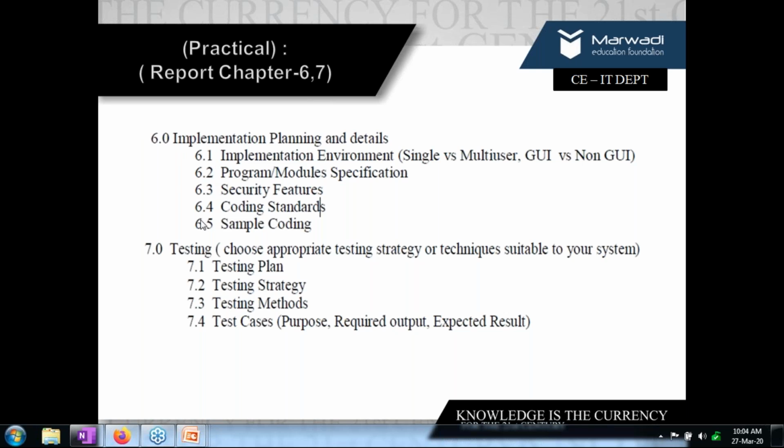6.4 and 6.5, coding standards, will be what we discussed yesterday in detail. How to name namespaces, how to name controls, how to name the constants. If I'm using some predefined constants, do I name them in uppercase or lowercase, etc. Sample coding, as I said, I want sample code or pseudocode from any module other than your login page. You can have a sample coding in your report, but that should not come from your login page. Now, is it fine till here?